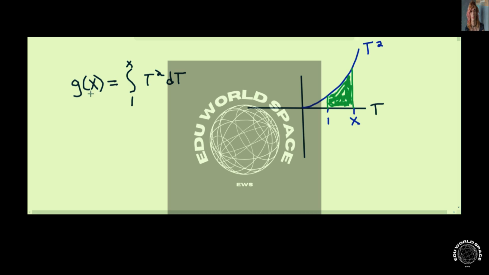So g is a function of x. Okay, g of x, the integral from 1 to x of t squared dt, is really the area underneath the t squared curve between the numbers 1 and the number x. Now, g of x is a function, and we can differentiate, we can find g prime of x, using the fundamental theorem of calculus,